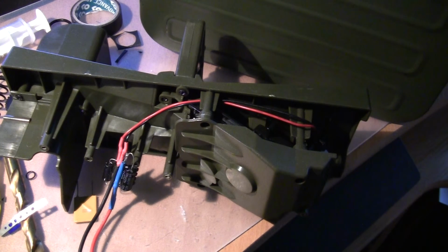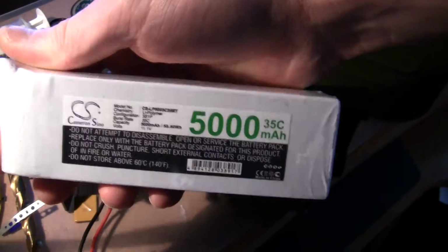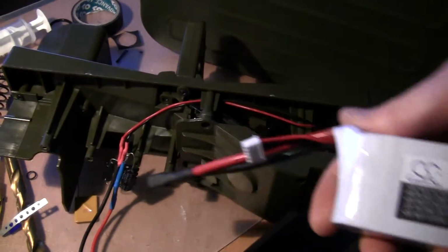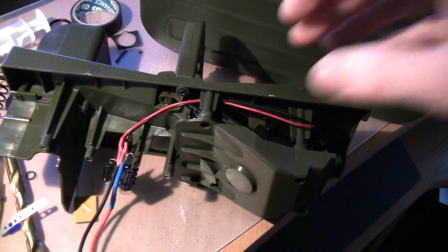But the problem is that the gun will use this 11.1 volt LiPo, so you can't just directly hook this on the winding motor because it would break or it would wind too fast. So I had to create this